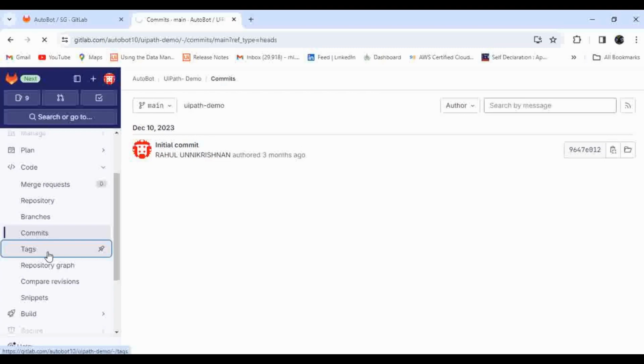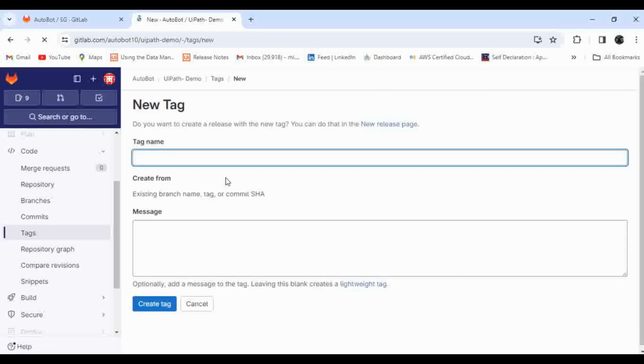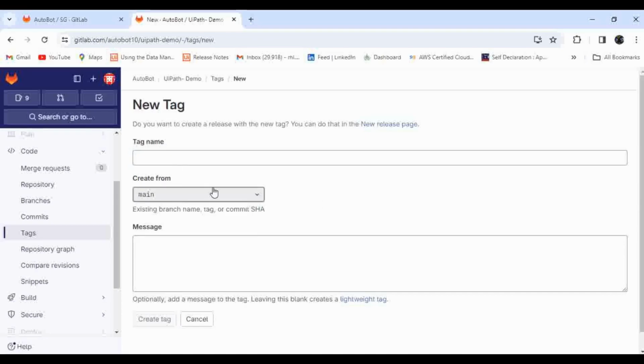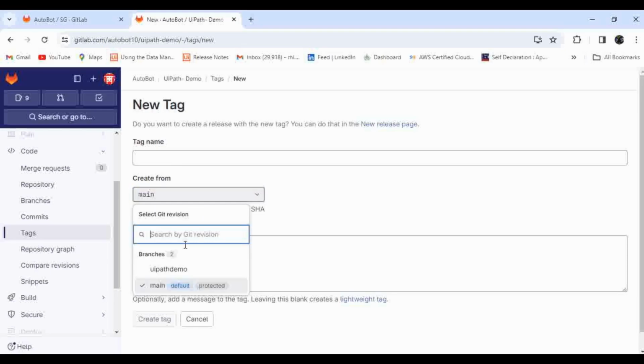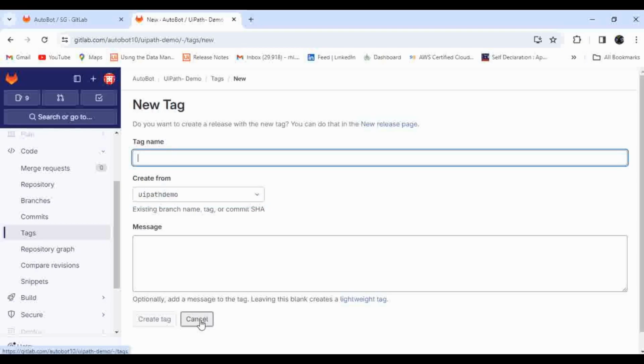And tag is nothing but, so if you have already committed the code with some particular tag, and if you want to categorize that based on the tag, this tag field will help you to do that. Okay, so currently there is no tag assigned, but if you want to create a new tag, just click on a new tag and create a new one for the particular repository, right? So here you can set from which branch you need to create the tag. So if you want to create a tag from this particular feature, set that and provide the tag name. Okay,